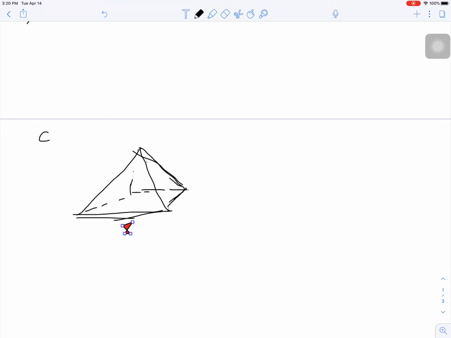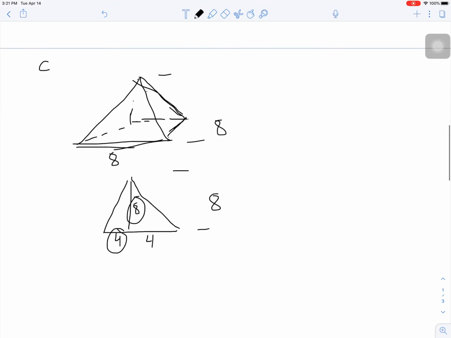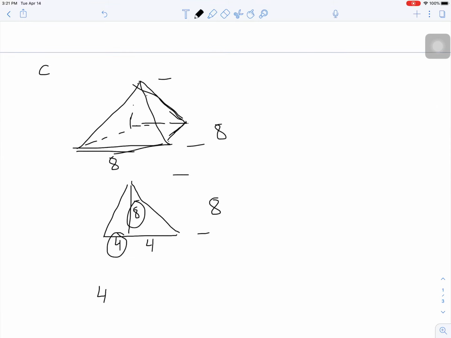And it gives you dimensions of 8 for your height. So your height is 8. Okay, so what we're going to find out is that when you draw your diagram, you're going to see that we have 8 here. So 8 is your height, and then you got 4 and 4 as well. So what we have to do is work out